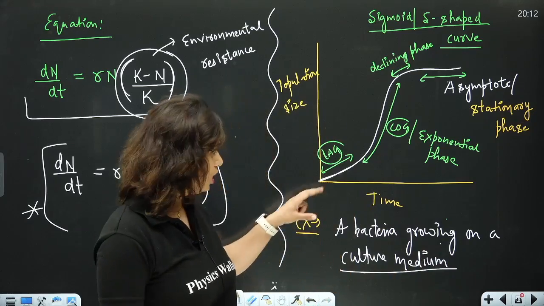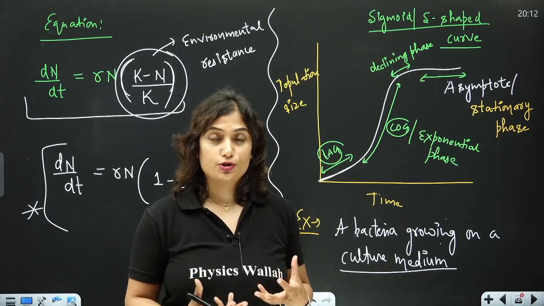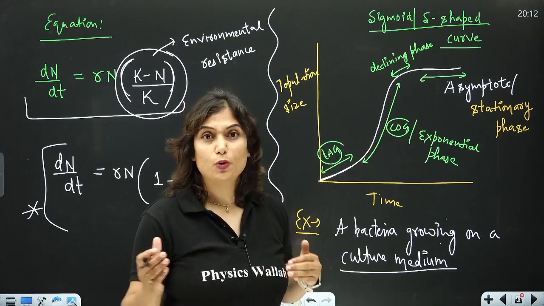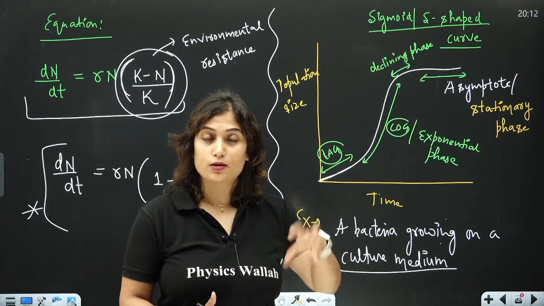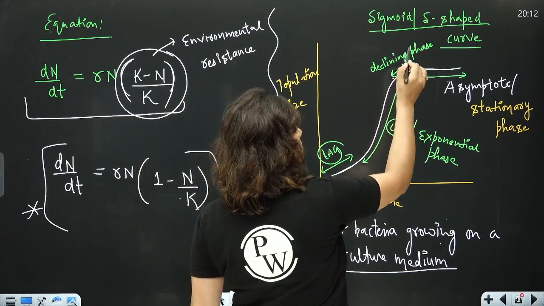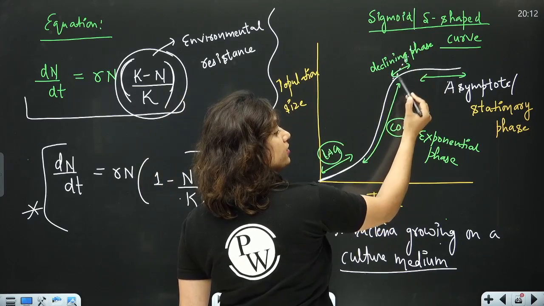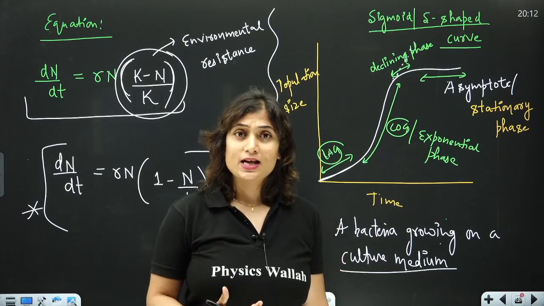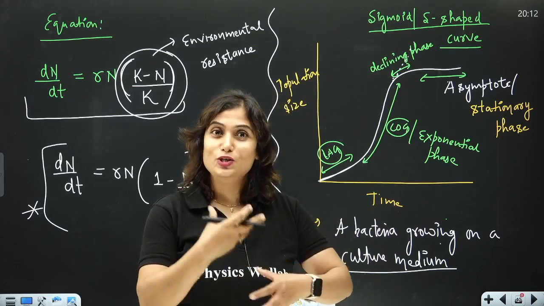Initially it will grow slowly because it is learning to use the resources, but after a point of time it will grow exponentially. The bacterial population will increase by using the resources, but the pattern has to go like this. But there is a slight decline, a slight decrease in the population. Why? Because the resources are now getting used up,